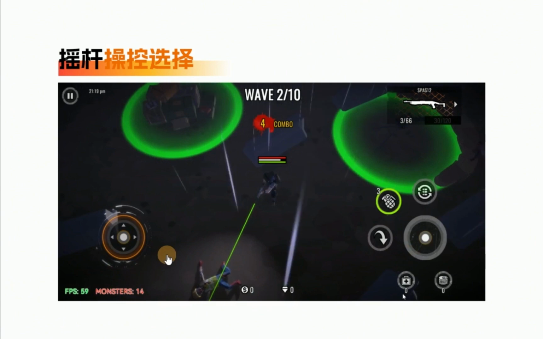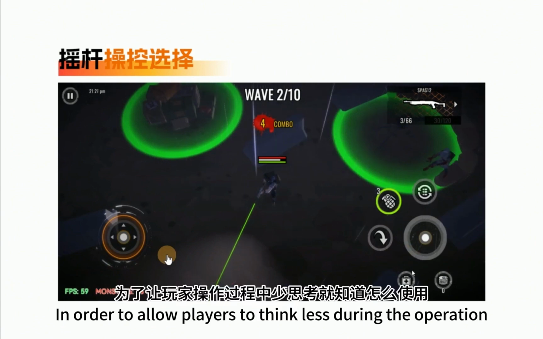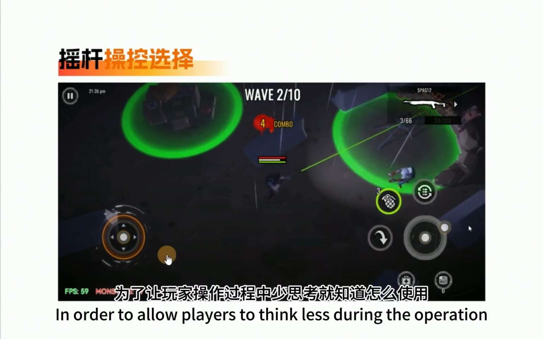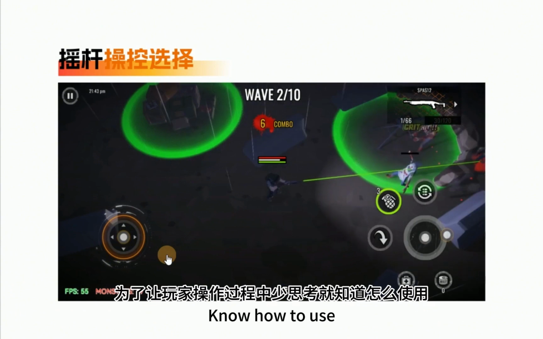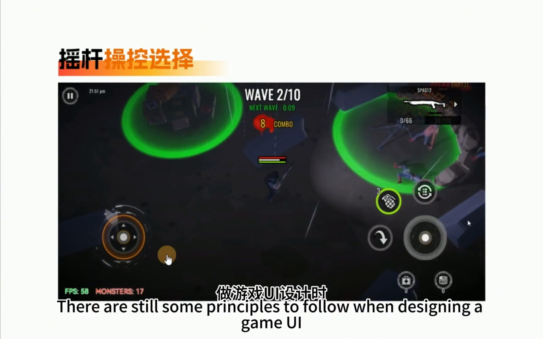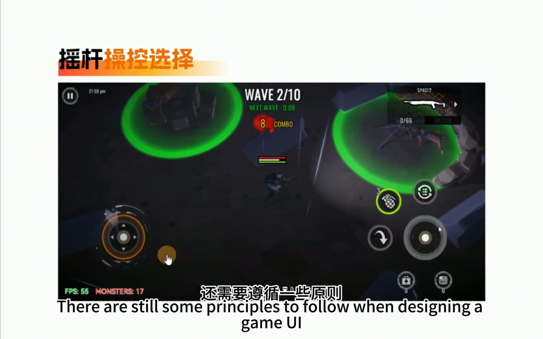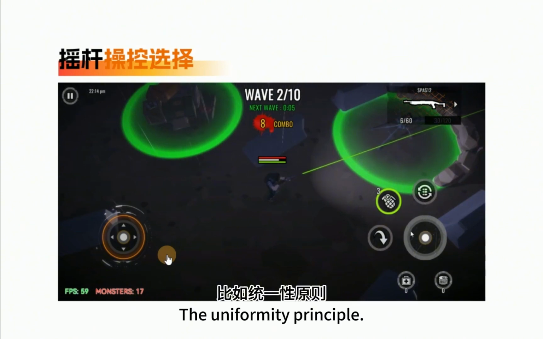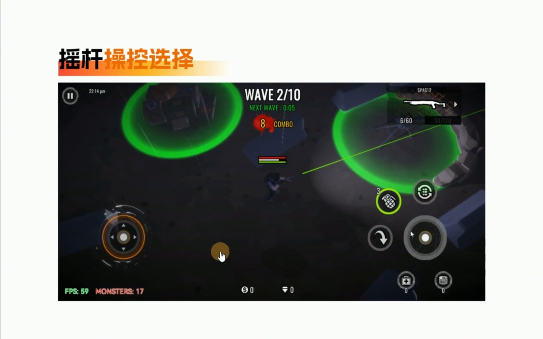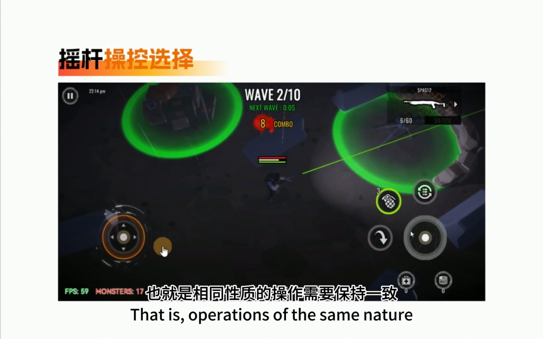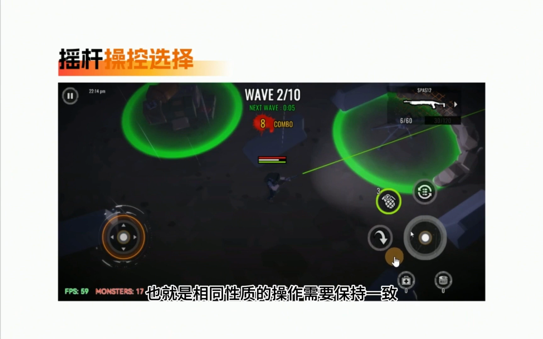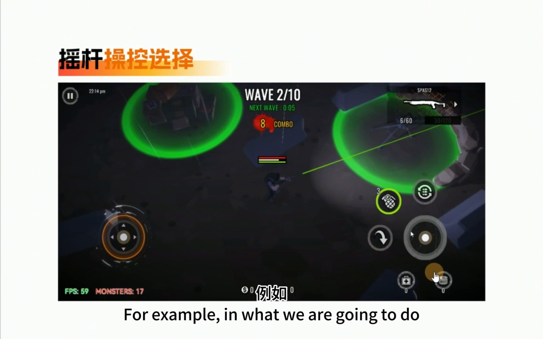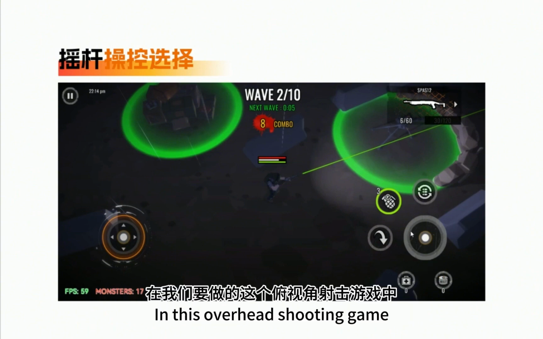In addition, in order to allow players to think less during the operation and know how to use it, there are still some principles to follow when designing a game UI. The uniformity principle: operations of the same nature need to be consistent. For example, in the overhead shooting game we are going to make,